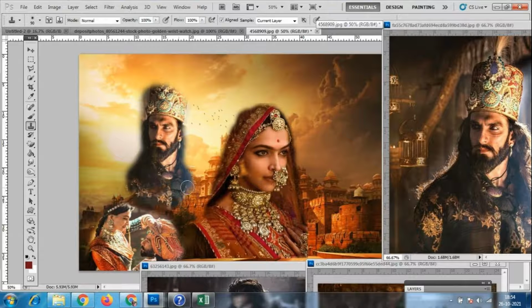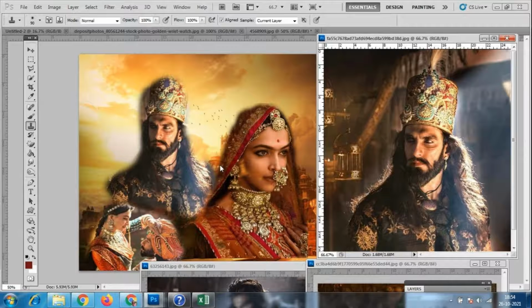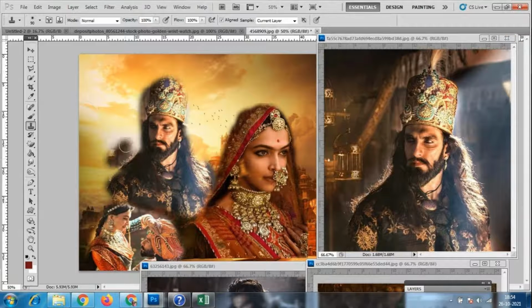So I'm pressing left click. Using that left click I'm using this option. No need for the backgrounds and all, only this much I'm using. Okay, so I don't want anything in this image, so anything if you want you can place it, like 2 3 backgrounds and all you can add.